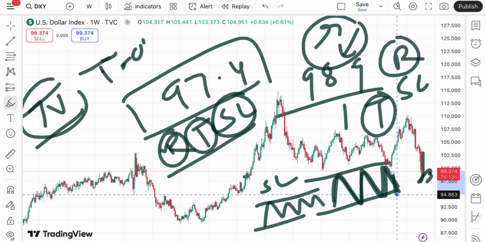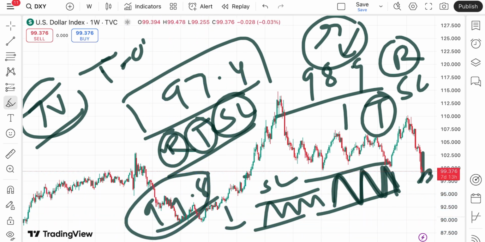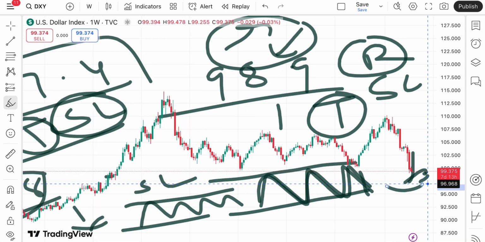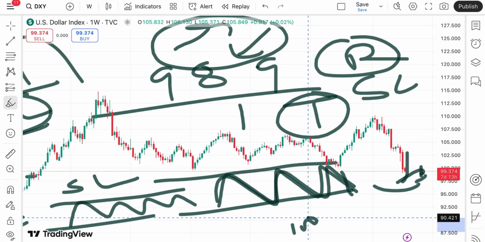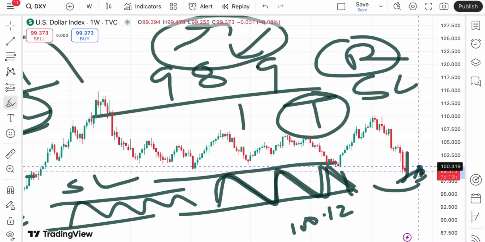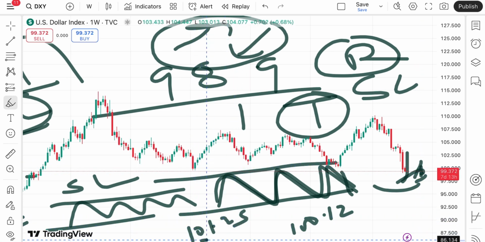So if the price starts falling below this level, we can see a level of 97.4, and once it starts falling below this level, it can move towards 94.8, and then a further fall will be there. But suppose it starts forming upside and goes above this level, we can see it can touch a level of 100.123, and once above this level, a chance of touching 101.25 is there.